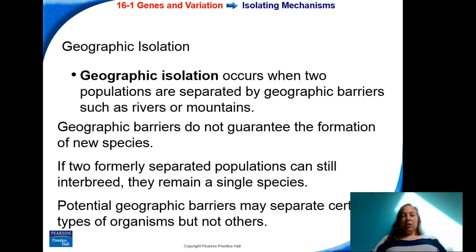Geographic isolation, this is where we are separated by a geographic barrier. Could be a river, could be a mountain. It doesn't guarantee that we're going to be making a new species. Really what happens is if they're separated long enough